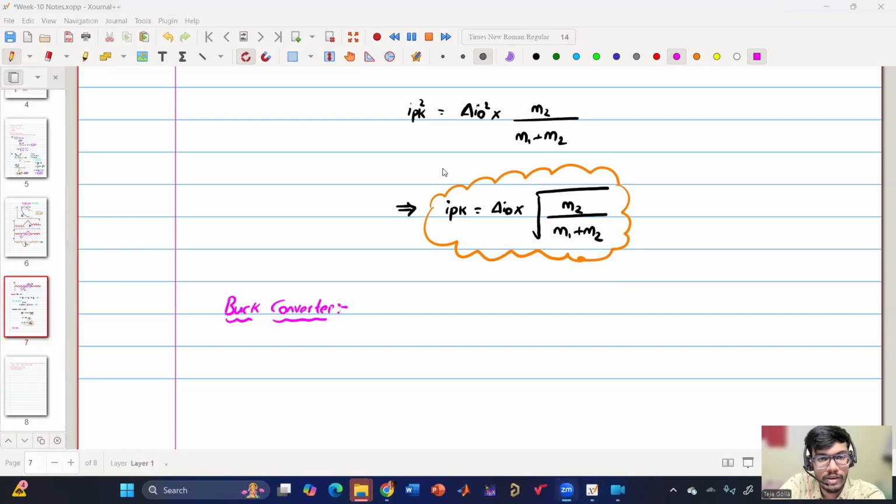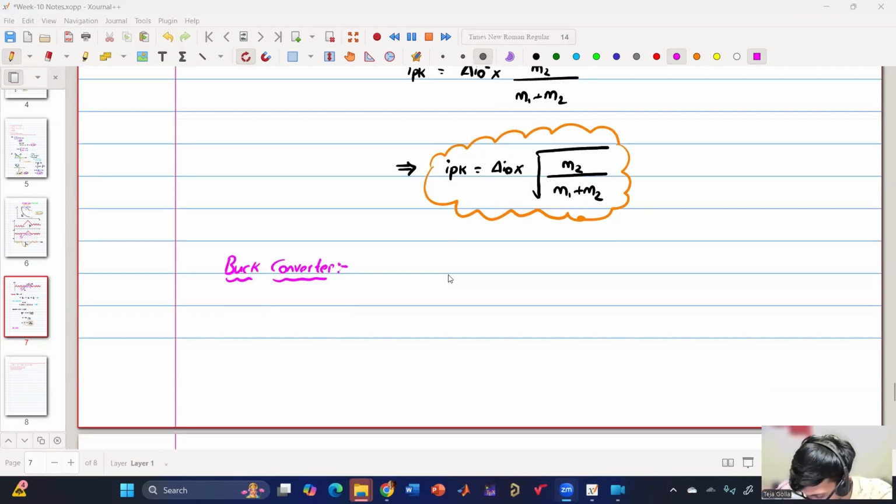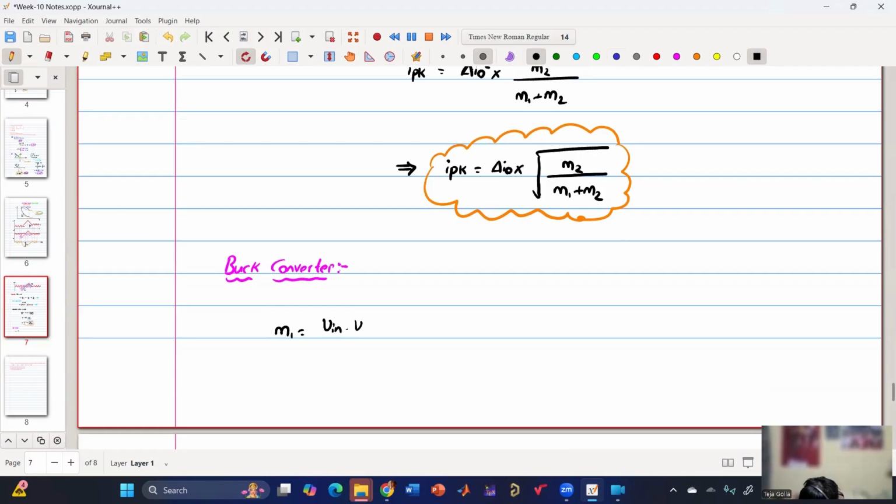Riddhi is saying Vi minus V naught, very good. And M2, V naught by L, very good. So in case of the buck converter, M1 is V input minus V naught by L and M2 is V naught by L. Now, can you simplify and tell me what will be IP? So after substituting,